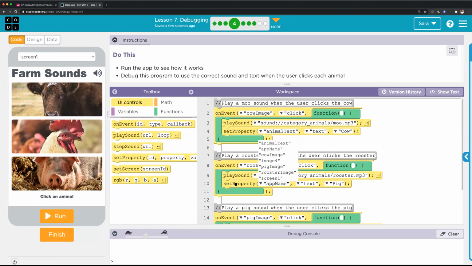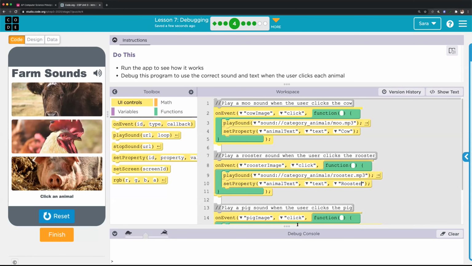So on line 10, where it says set property of the app name, I want to change this to set the property of animal text. Okay. The other thing that I noticed when I clicked on rooster image is that it didn't say rooster, it said pig, which is not right. So let's change that value from the string pig to the string rooster. Okay. So now if we run that and I click on the rooster,